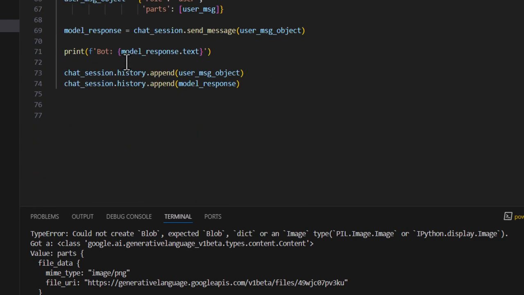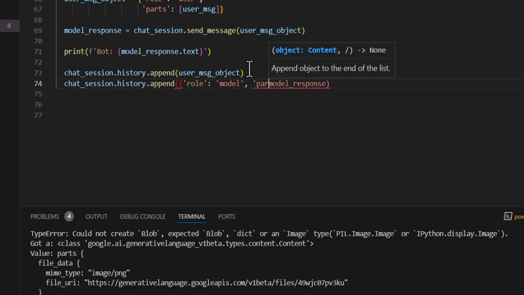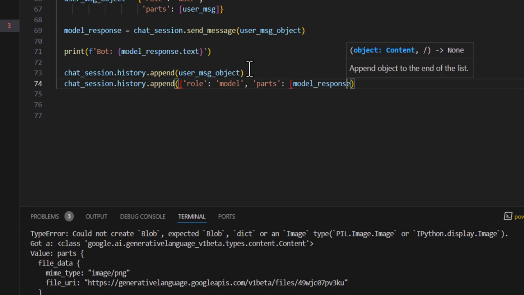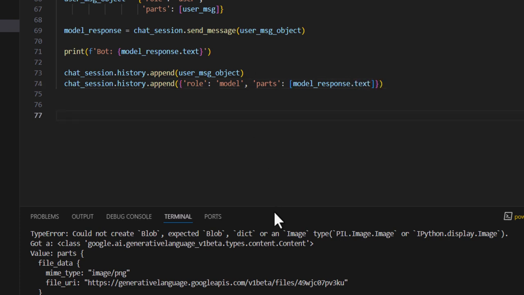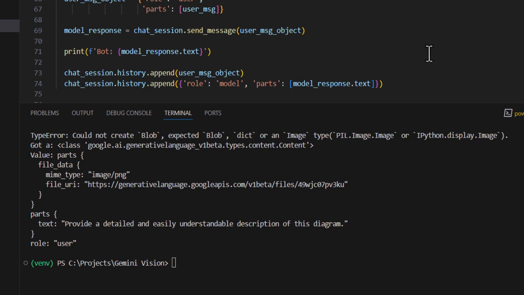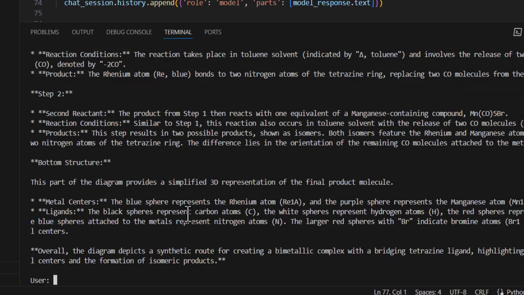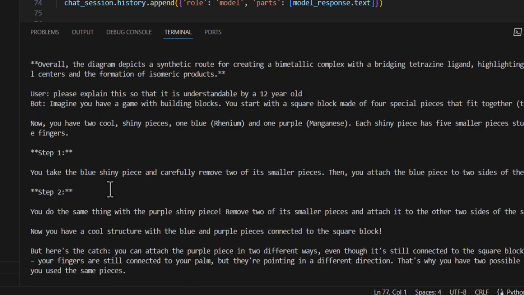And then I'm going to do the exact same thing down here. Create a dictionary with role, model, and parts, model response dot text. So this should hopefully work. I'll save it and run it again in the terminal. Great, so it provides the explanation, and then I'll just ask my follow-up question. Please explain this so that it is understandable by a 12-year-old. Great, so it provides